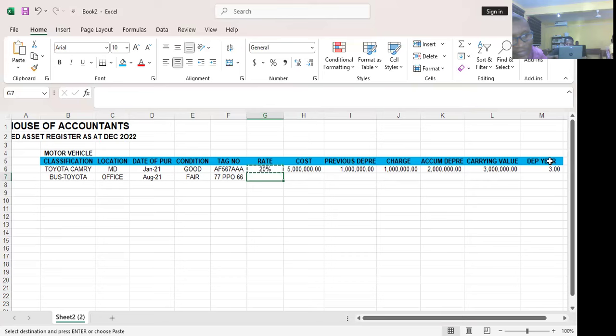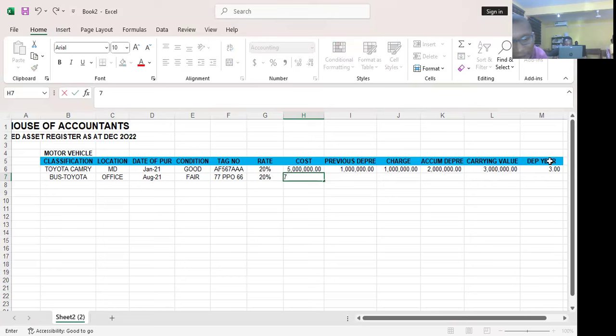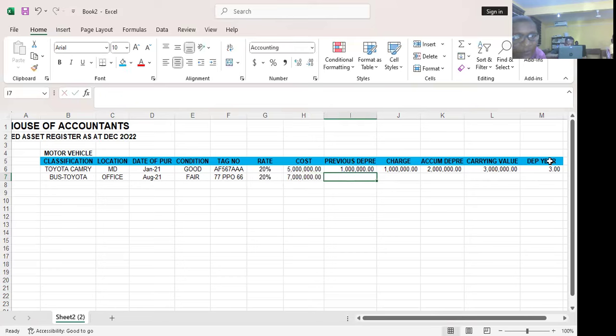Vehicle must be the same rate. You cannot say you are going to depreciate one vehicle 20%, another one 30%. It must be the same because they are a class. How much do they purchase it? Let's say they purchase 7 million naira. What is the previous charge they will have charged here? What's the previous charge? 1.4. Let's say 20%